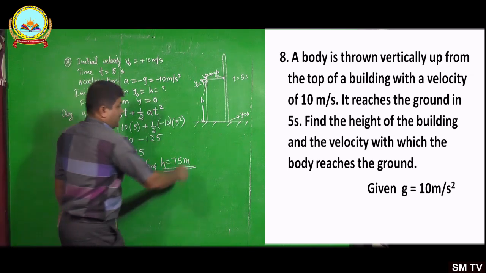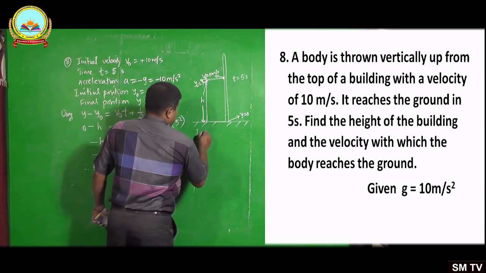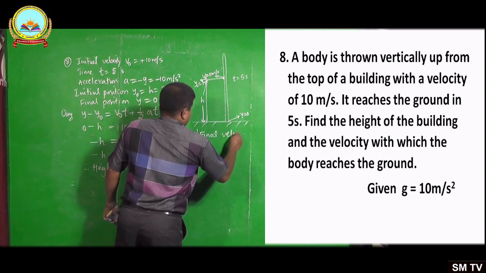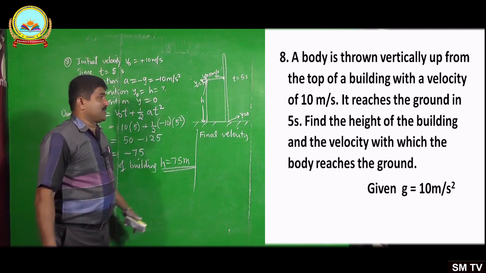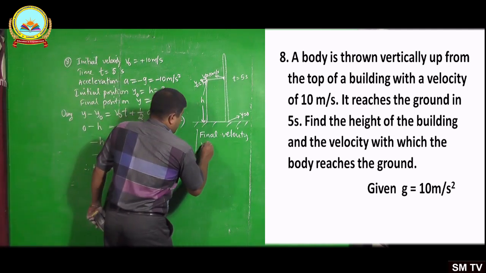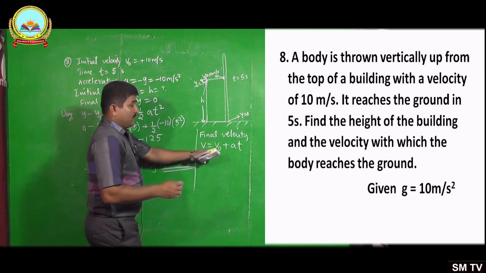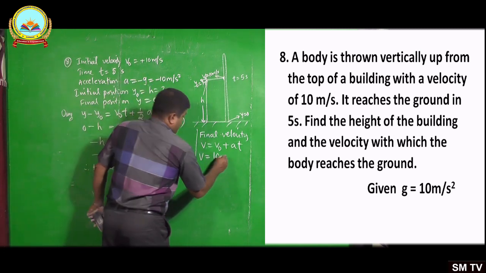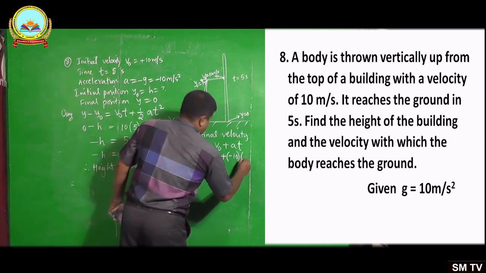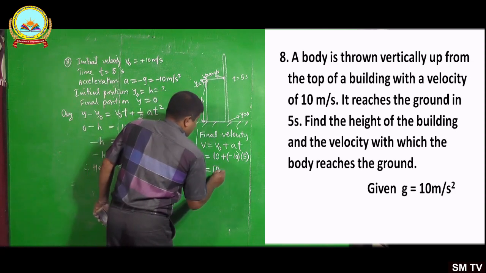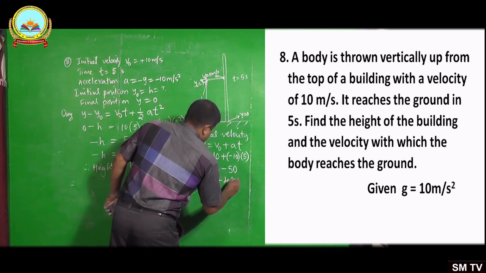And the final velocity with which it reaches the ground is required. So that is the last part: the final velocity on reaching the ground. Final velocity means either the first equation or the third equation. Here we know the time and we know the initial velocity, so we can use the equation v equal to v naught plus at. Substitute the values: v equals v naught, 10, plus a, which is minus 10, times time 5 seconds. So that is 10 minus 10 into 5, which is 50, so minus 50. That equals minus 40 meter per second.